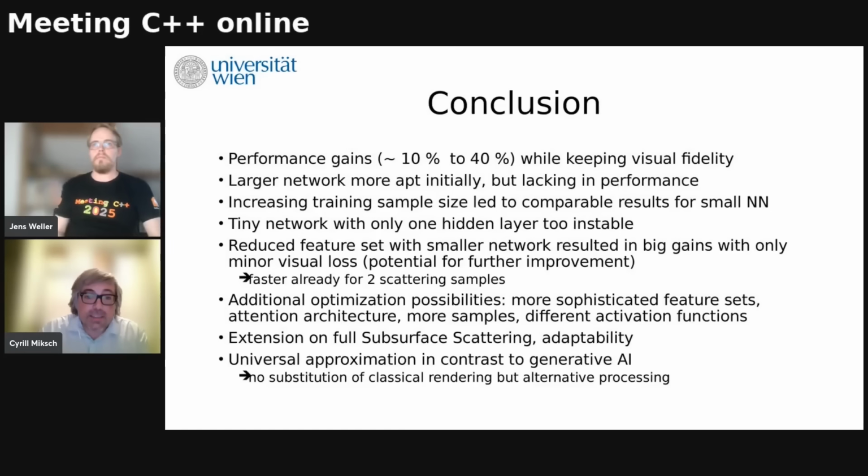Of course, there are additional optimization possibilities. One could think about the attention architecture, for example. That might be a bit too much for this topic, but